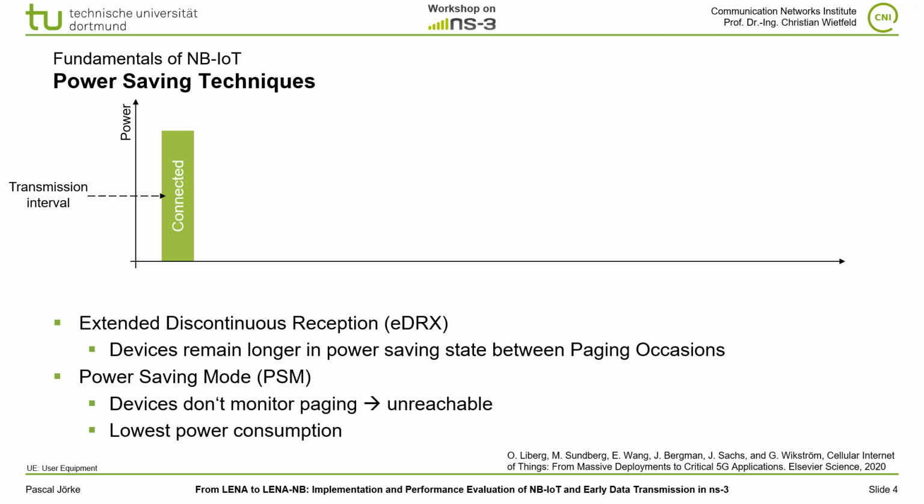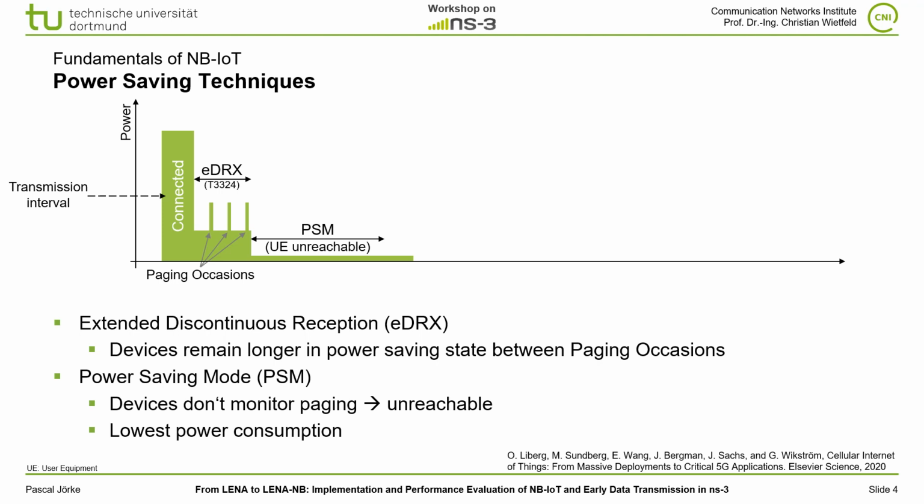To address the challenge of a long battery lifetime, NB-IoT introduces two new features called Extended Discontinuous Reception, short EDRX, and Power Saving Mode, short PSM. When the device has transmitted or received data in connected mode, it switches to idle mode. With EDRX, paging occasions are more relaxed and the device can remain longer in a power saving state between these occasions. After a time defined by the timer T3324, the device switches into a power saving mode where the device shuts off its modem and becomes unreachable for the network, but is still registered. This enables a very low power consumption for a long battery lifetime.